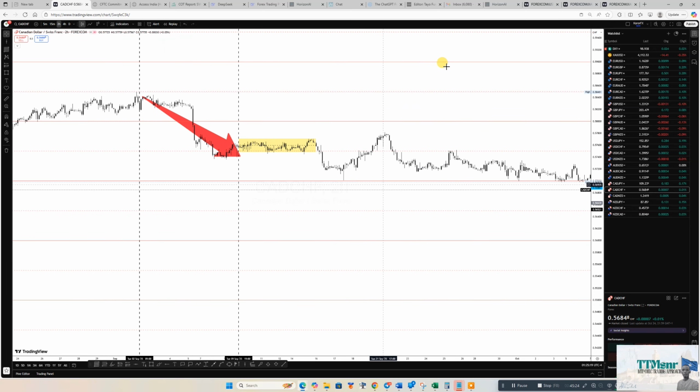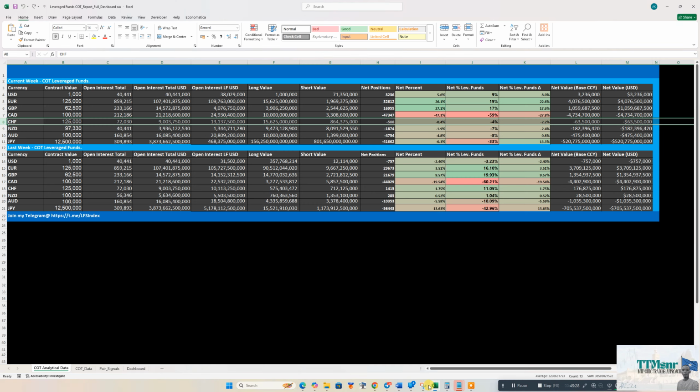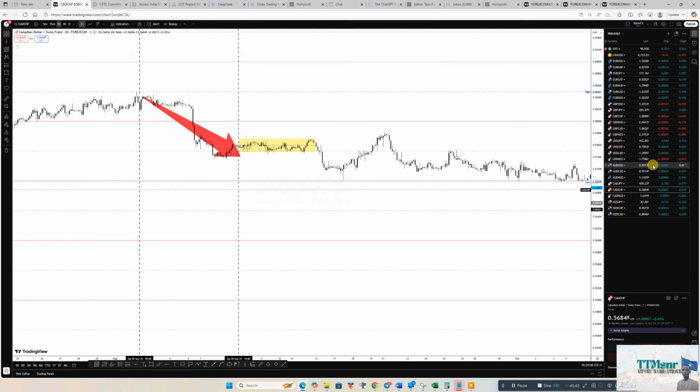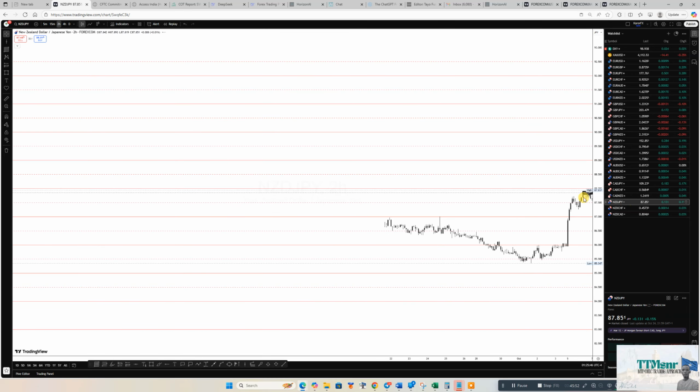setups. So what I want to show you here is the next pair. It will be the NZD here. So NZD was positive September 2. It was positive. What we can do is let us take NZD, any pair, NZD JPY, NZD CHF. Let us go NZD JPY. So NZD JPY,